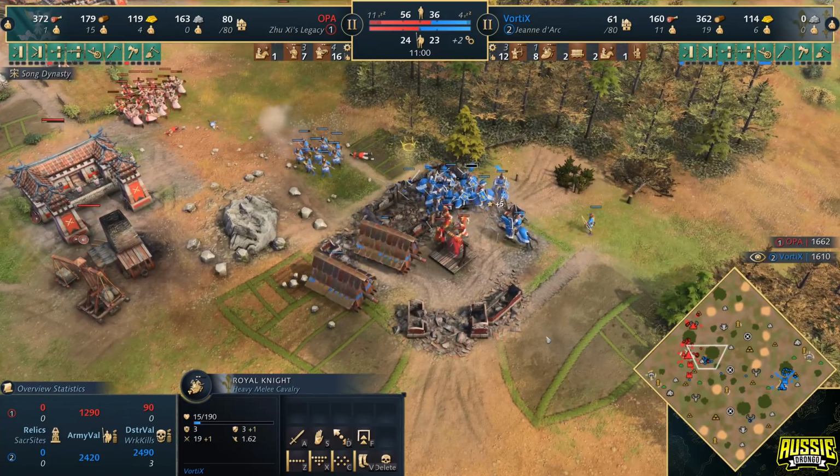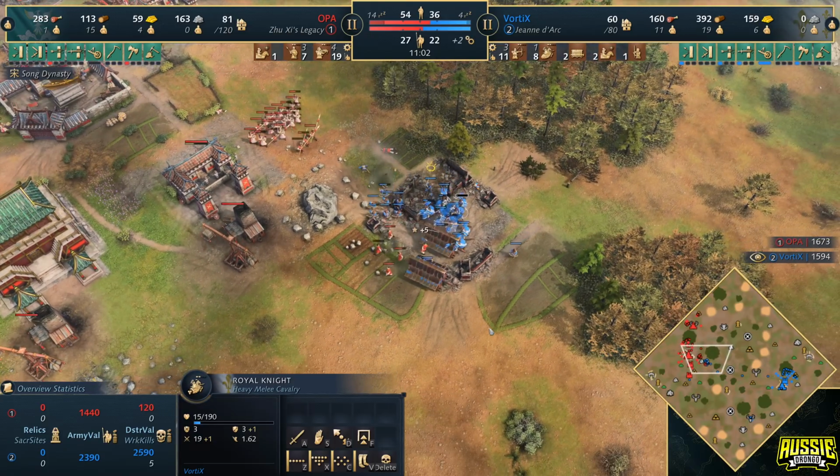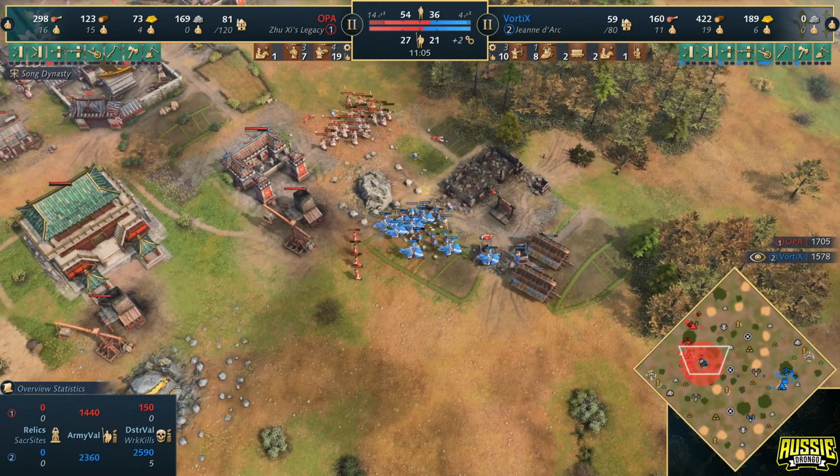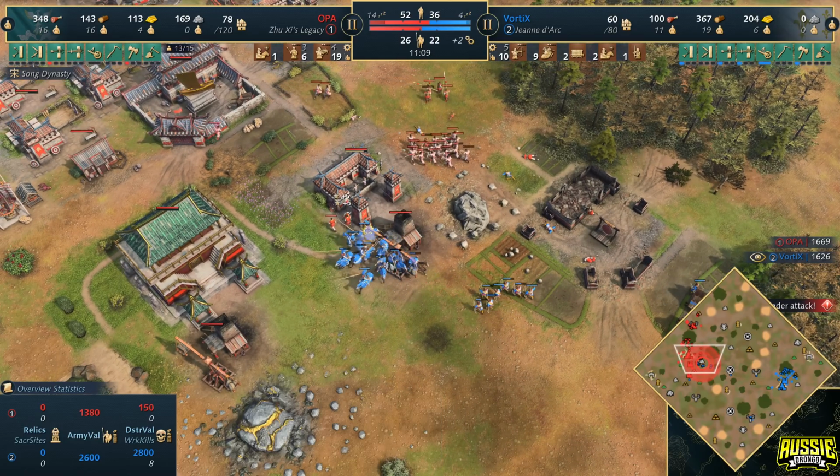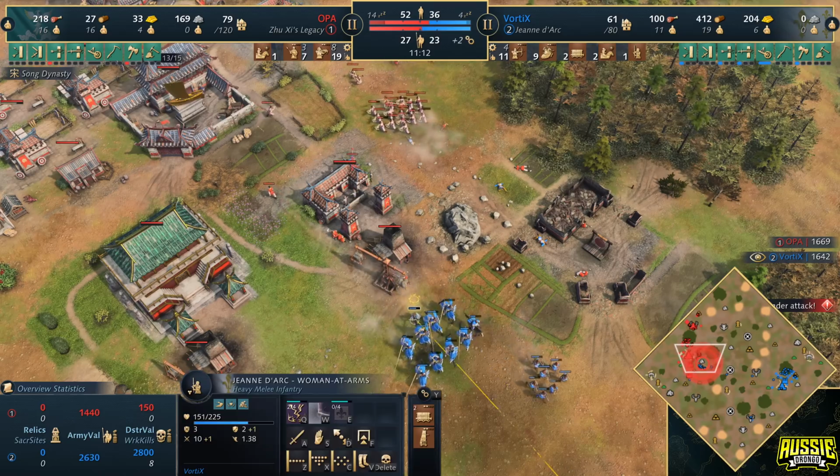7 villagers all standing on top of each other, going to get eliminated in a split second. Oh, you hate to see it. Oppa losing a massive advantage right there. Jeanne slowly getting... No, never mind. Jeanne's still on full health. Look at that. She's managing to stay alive in the fight, and the longer she stays alive, the more XP